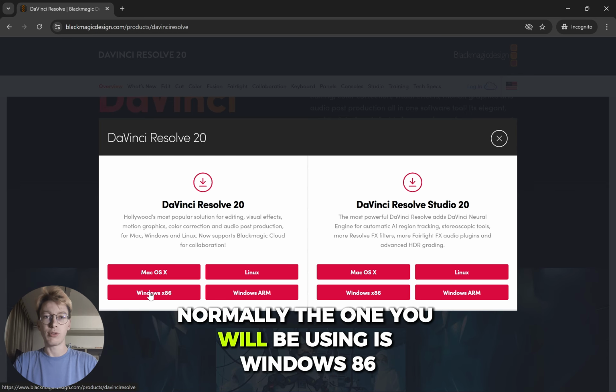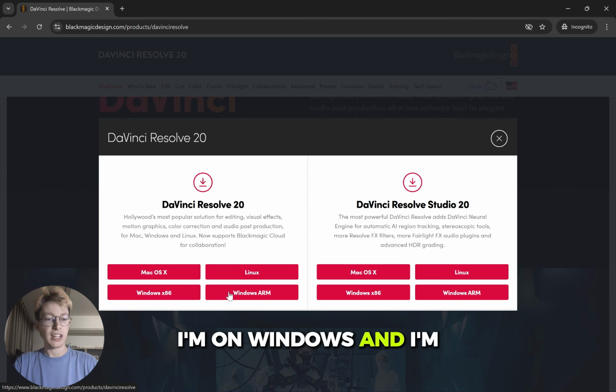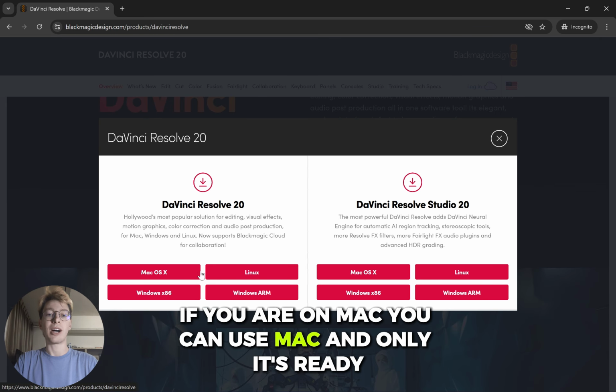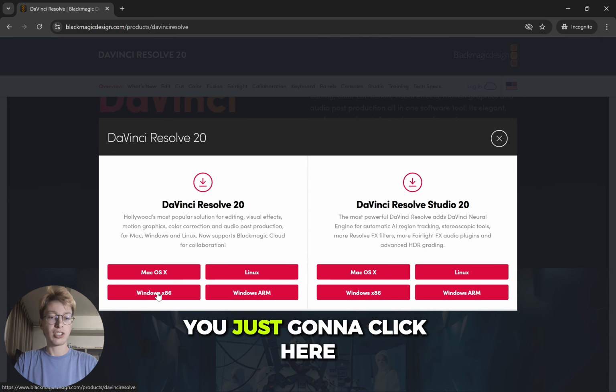Normally the one you will be using is Windows x86. I'm on Windows on ARM, but I'm pretty sure you will not be in this situation. If you are on Mac, you can use Mac, and on Linux. You're just gonna click here,